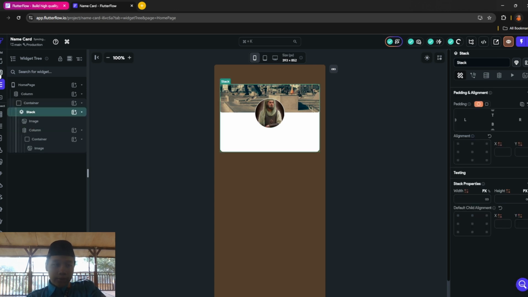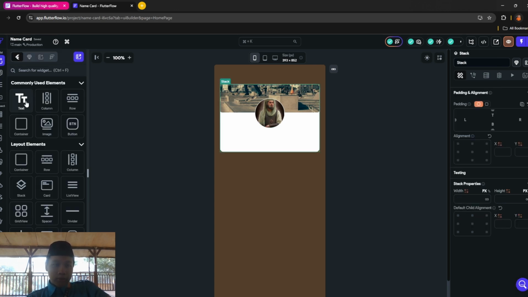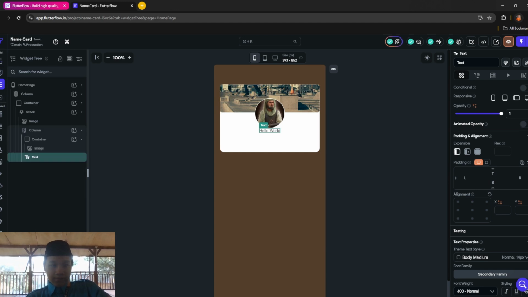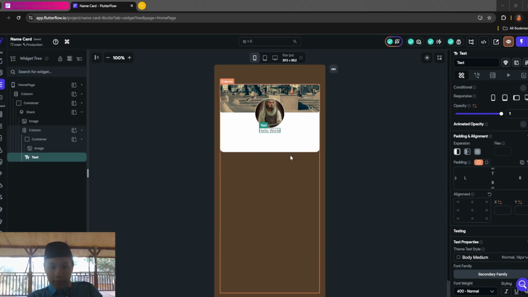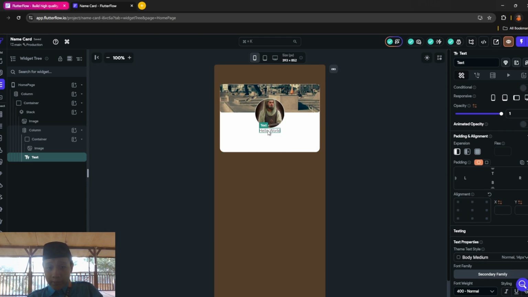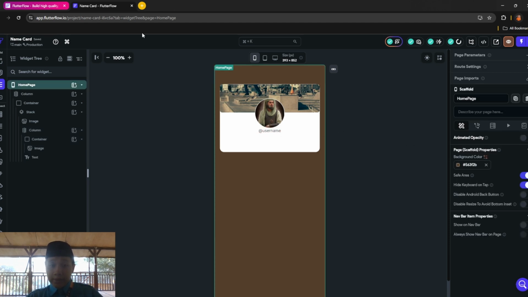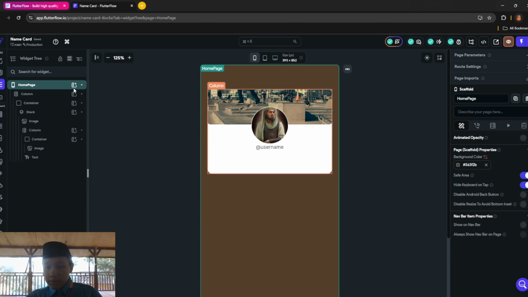Or if you want, you can click here and text, drop it here. It should look like that. And then after that, you want to change the text content to whatever you want. Add your username. After that, it should look like this.